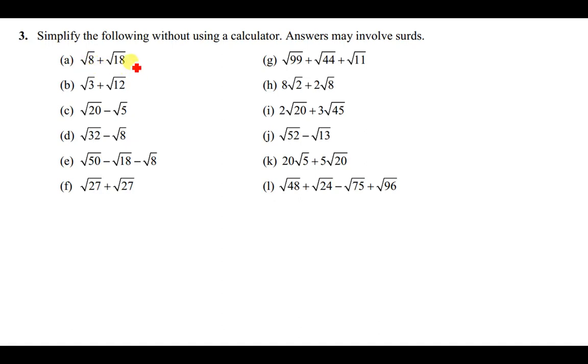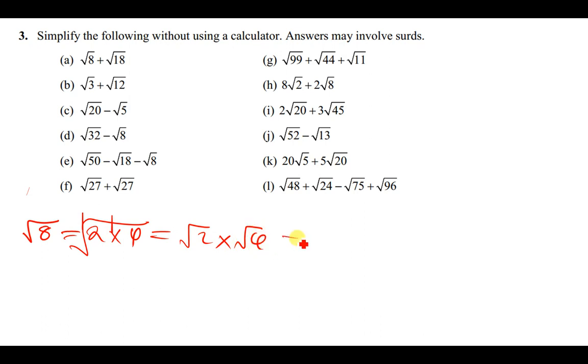Alright, so we have the root of 8 and the root of 18. We are adding root 8 and root 18. So what is important here is just to express each of these surds in terms of a common surd. So I know that I can write the root of 8 as the root of 2 times 4, which can also be written as the root of 2 times the root of 4. The square root of 4 is 2, so we have root 2 times 2, so this is just 2 root 2. And then the root of 18 can also be written as